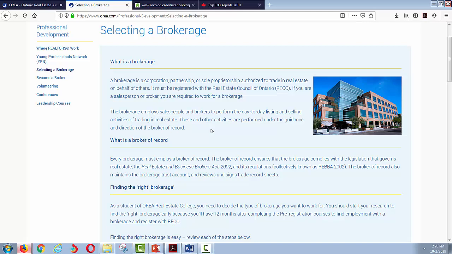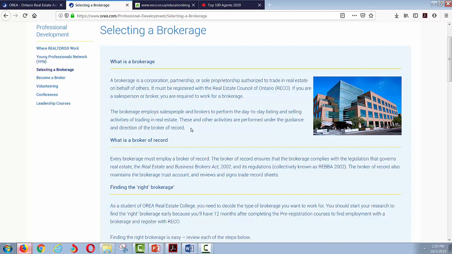So this course is going to be more about all the things you can think about and consider on your way to starting a career as a real estate salesperson, which is why we won't over discuss choosing the right brokerage. But we will get into this a little more in the course, and you do need to understand that the real estate brokerage is a corporation, an entity that has a brokerage trust account and tons of insurance to keep you covered, that can take in salespeople who are not brokers themselves and support them, and facilitate their ability to legally trade real estate for buyers and sellers in Ontario.